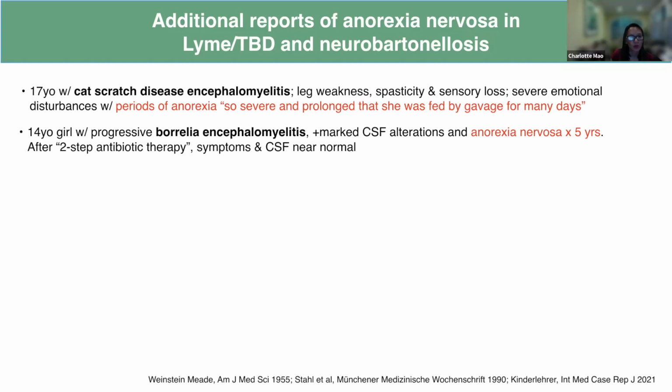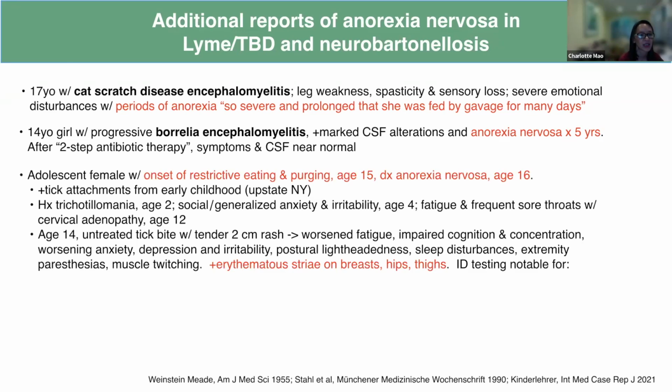The next one is a German report of, again, an adolescent female who also was diagnosed with anorexia nervosa and was found to have Borrelia and encephalomyelitis, supported by CSF findings, and after antibiotic therapy, symptoms and CSF were near normal. And then there is a more recent report by Daniel Kinderlehrer of an adolescent female, also anorexia nervosa, diagnosed